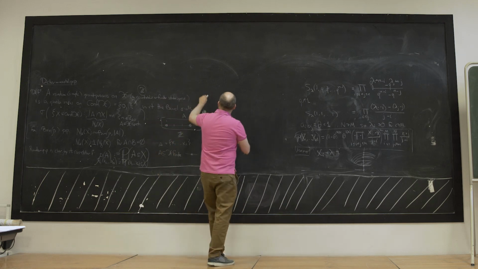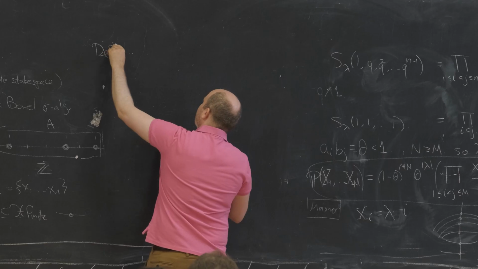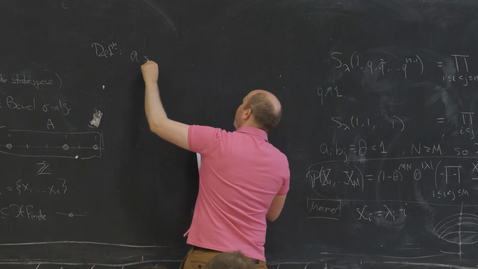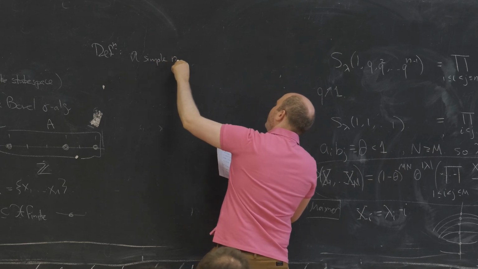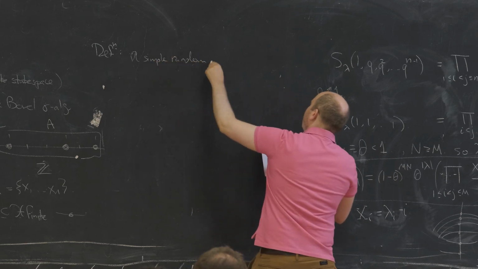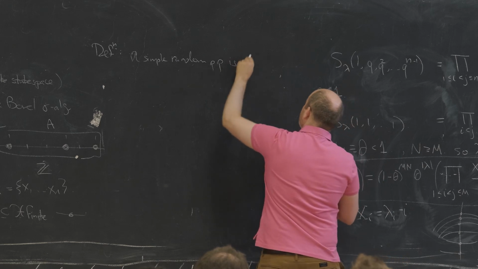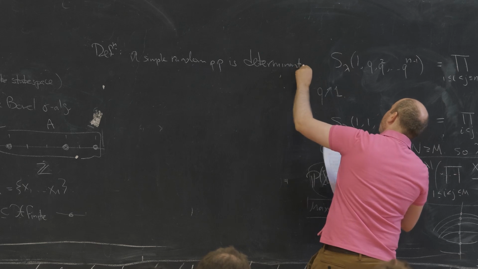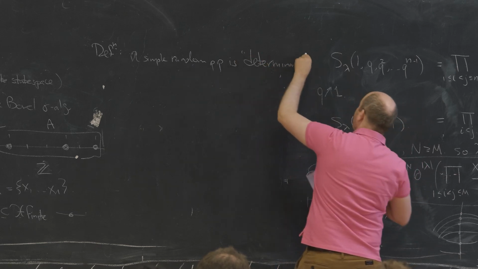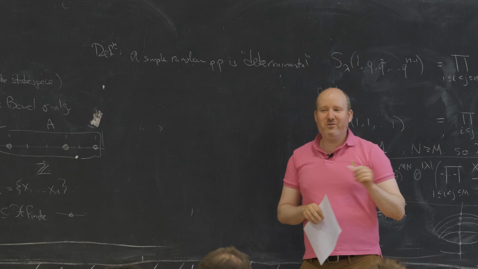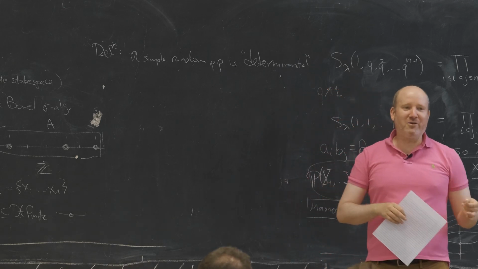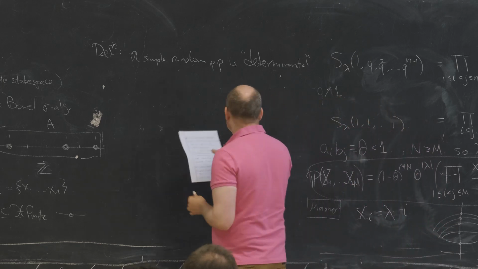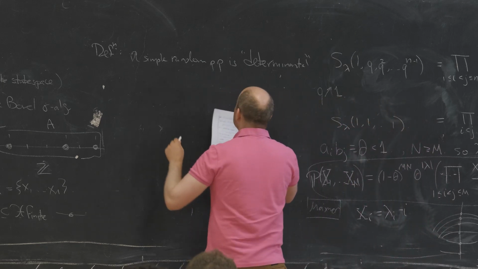So the important definition is that of a determinantal point process. We say a simple random point process is determinantal. And this is a word that is really annoying to write in emails because Google always corrects it, at least for me, to detrimental. Which maybe describes what happens when you pursue this area. But